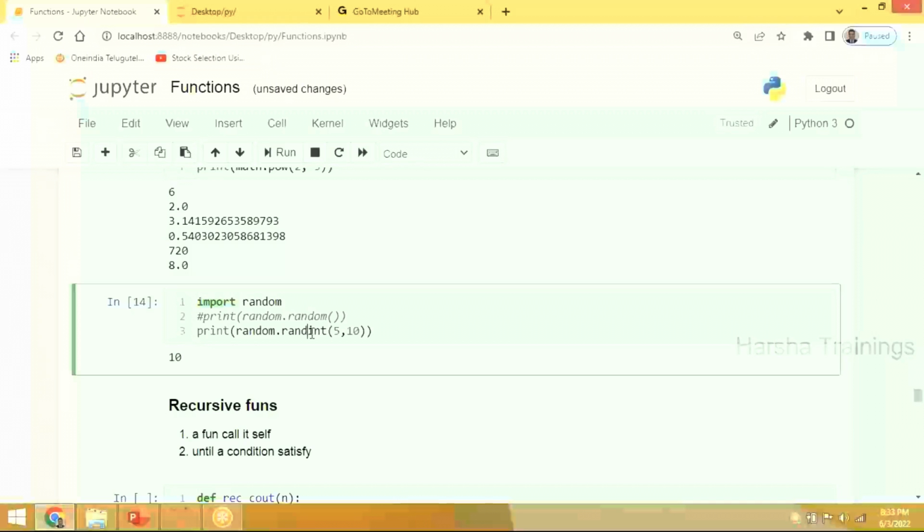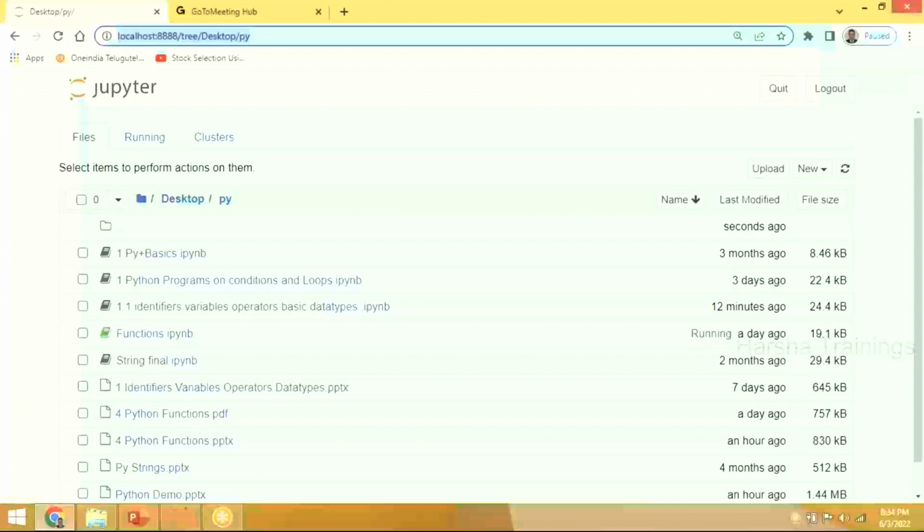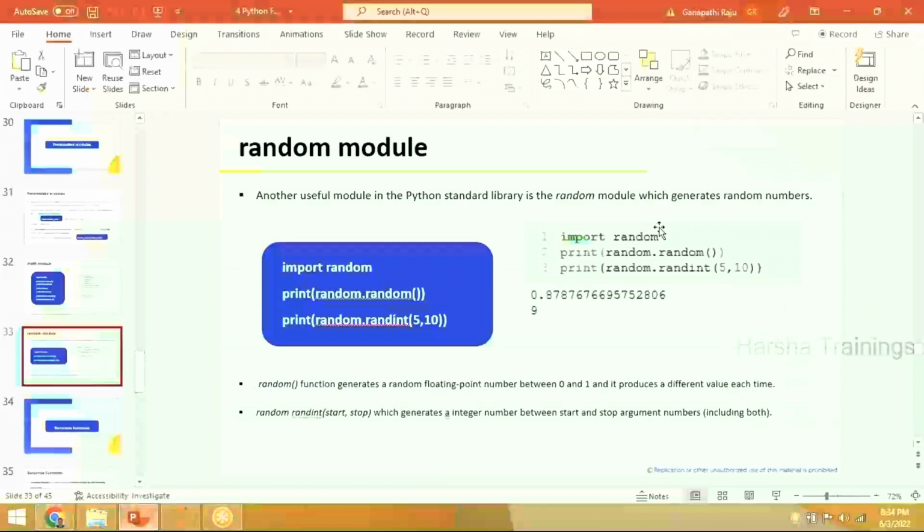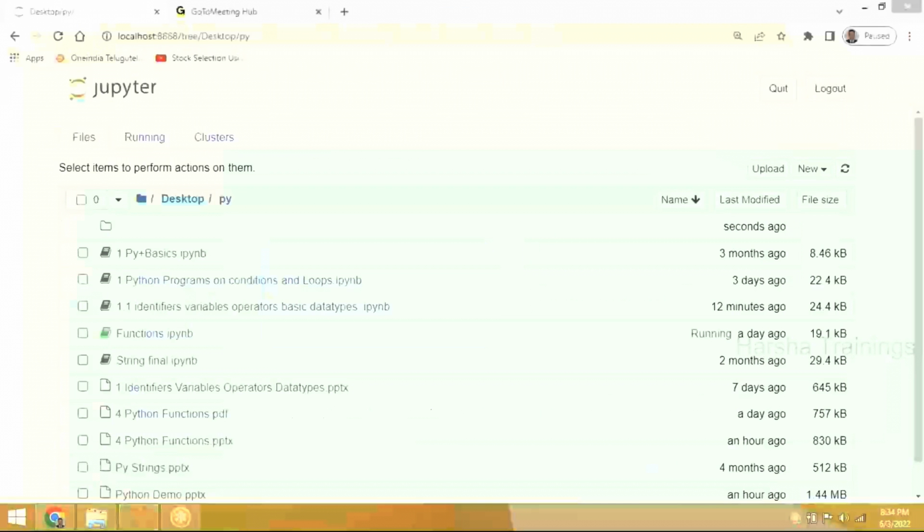These are the things which are required as functions for us. Now, if you permit me, I wanted to start the most important topic now. Just give me one minute. Let me close it and